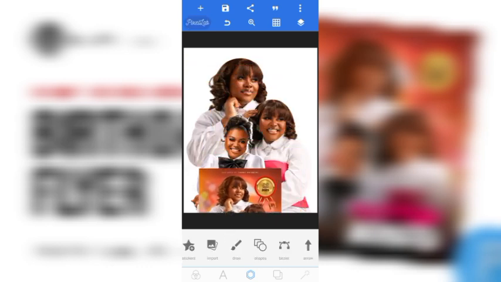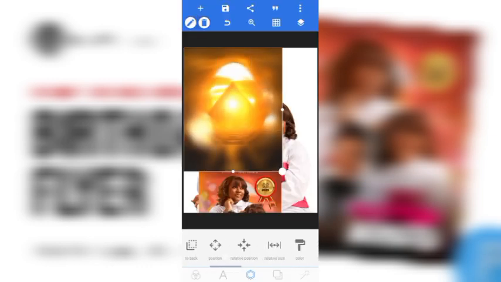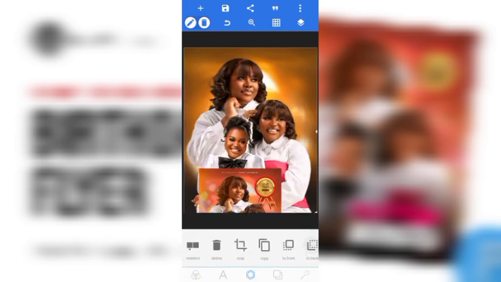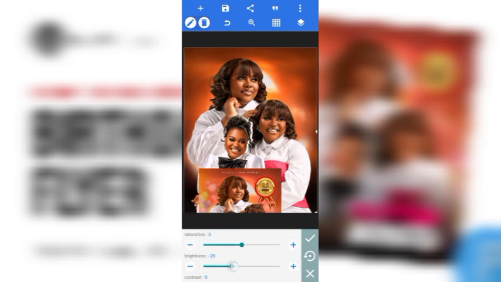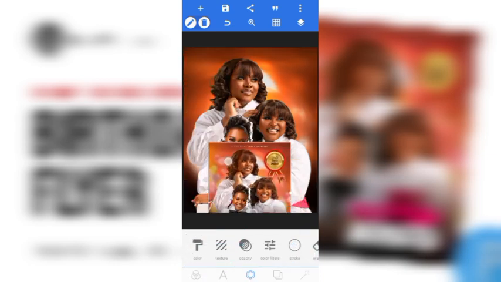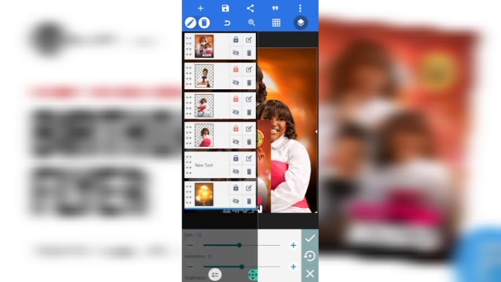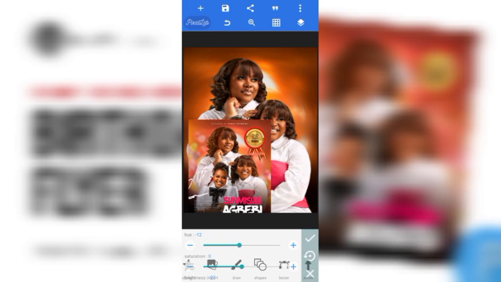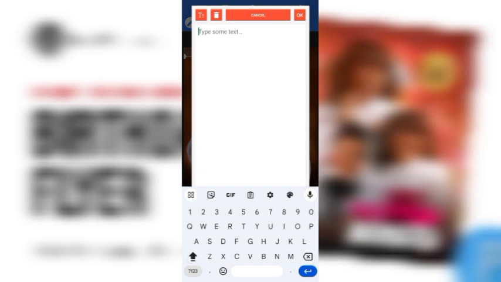So the next thing, let me import the background I used. So this is the background I used for this design. Increase it and then take it to the back, then come over to color filter, and so this is it, something like this. I've forgotten the particular one I used, but something similar. So this is it. Then the next thing I wrote, designed by